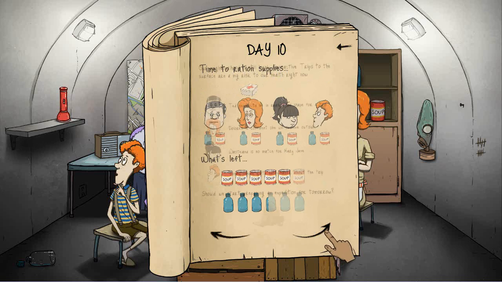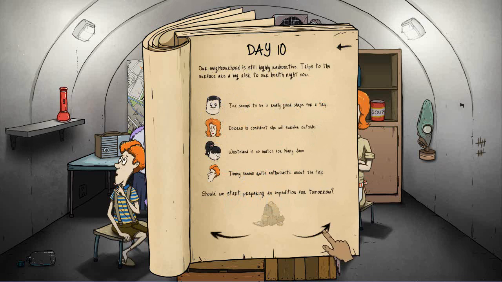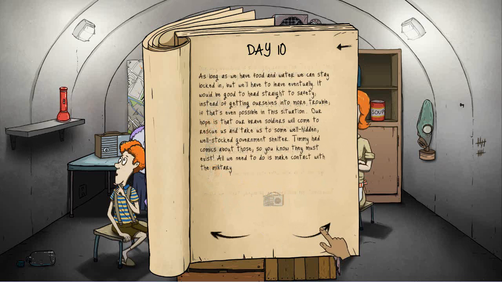Nobody's getting any food or water yet. The neighborhood's still highly radioactive. Got plenty of supplies still, so yeah, I'm not in any rush. As long as we have food and water, we can stay locked in. But we'll have to leave eventually. It'd be good to head straight to safety instead of getting ourselves into more trouble, if that's even possible in